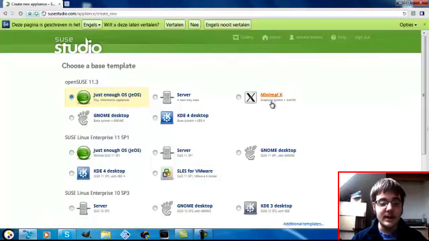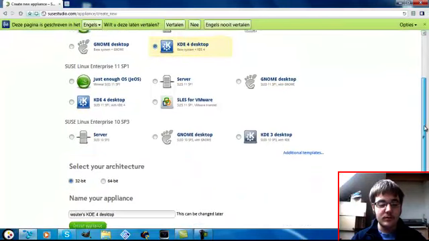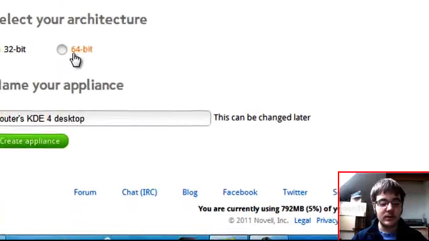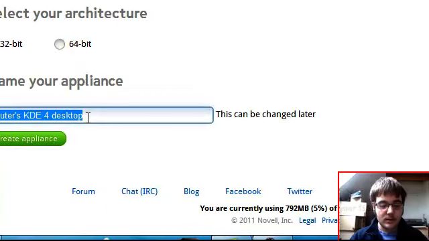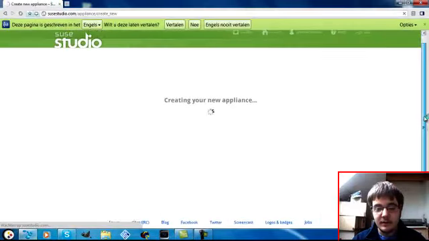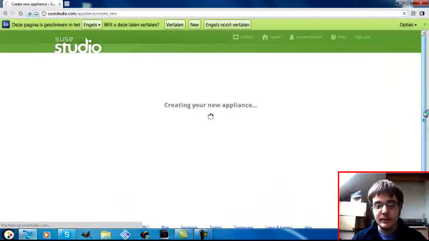Just like the other one, I say it's a 32-bit operating system, or if you have 64-bit, you can choose this one. And let's call it Test OS. Create appliance. Right now it's creating it. So that's actually the only thing I can show you with my currently made OS. So actually I'm going back to home right now,